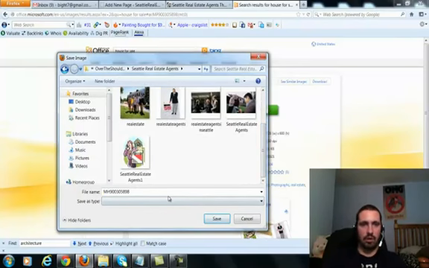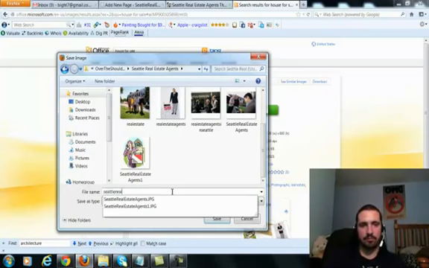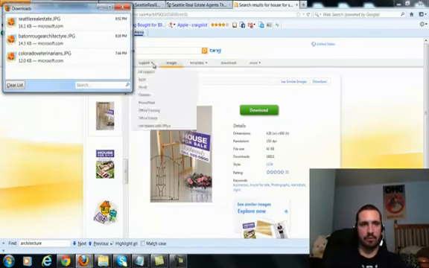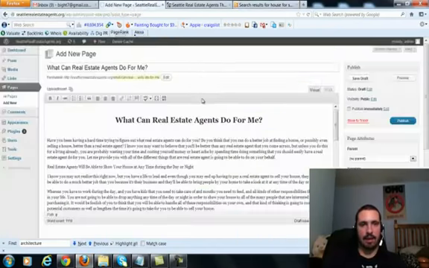And let's name this. How about Seattle Real Estate? We haven't done that yet. Save it. Now let's go back and add it in. I'm going to pause it while I pick my file.